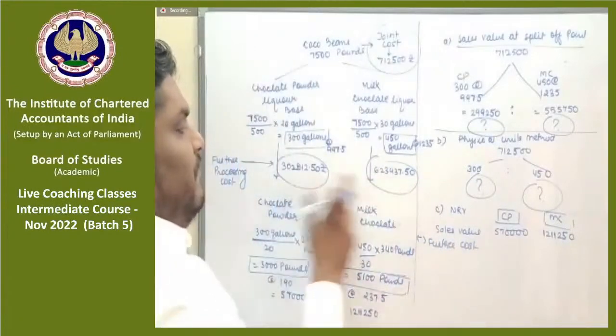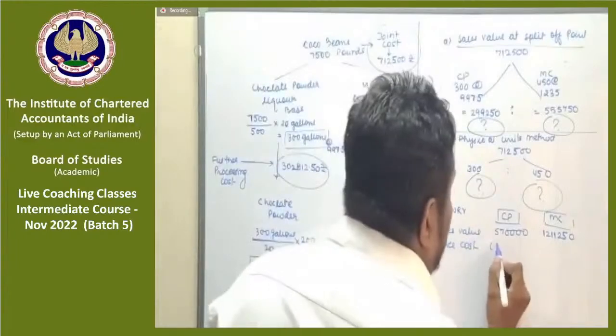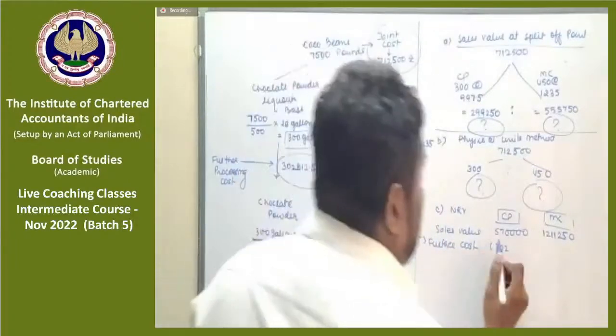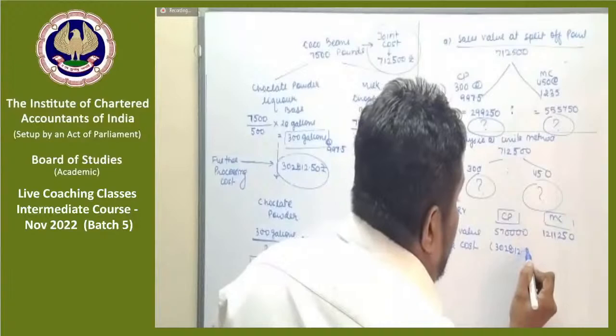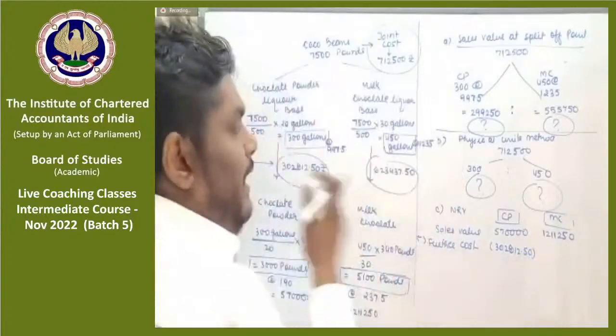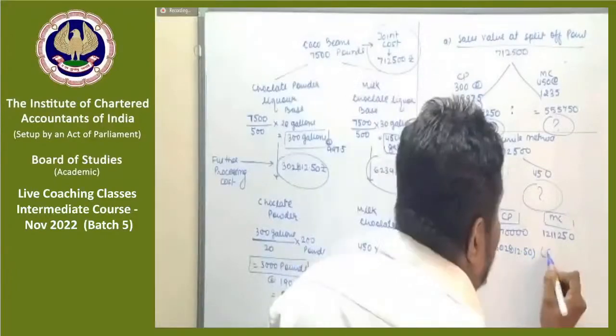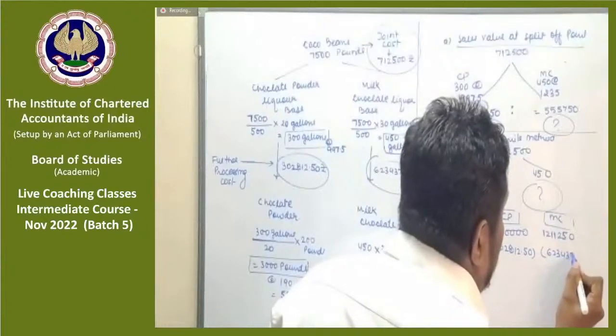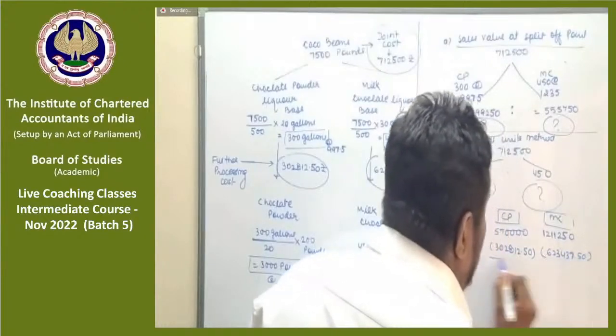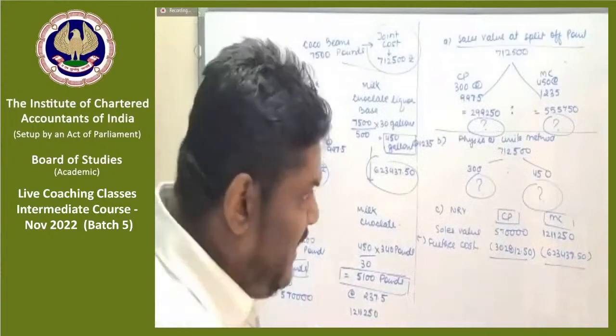That is, these two are the further processing cost. So 3,02,812.50 and 623,437.50. So the final value will be